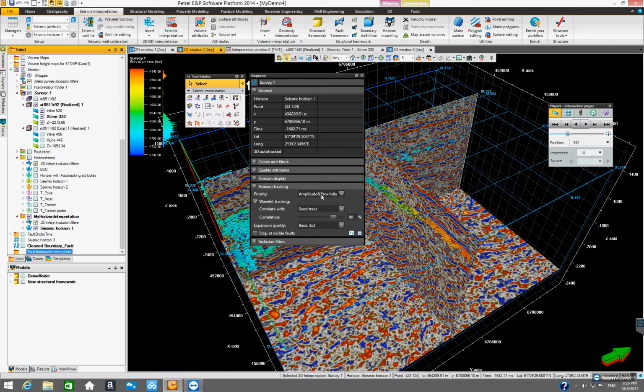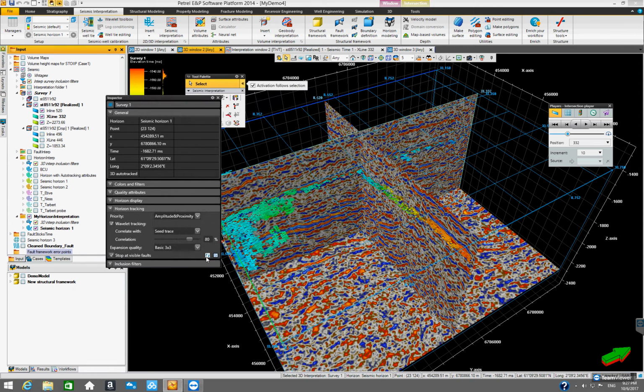For example, priority, amplitude, and proximity, and wavelet tracking, that kind of thing. Let's click on stop at visible fault. We don't really have any visible fault here. And then we have this cycle button here. It's called 3D tracking. If we click on it, no visible fault found. So there's no visible fault. Let's uncheck this and then click on this,